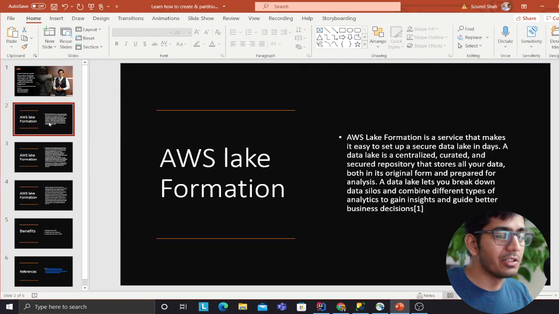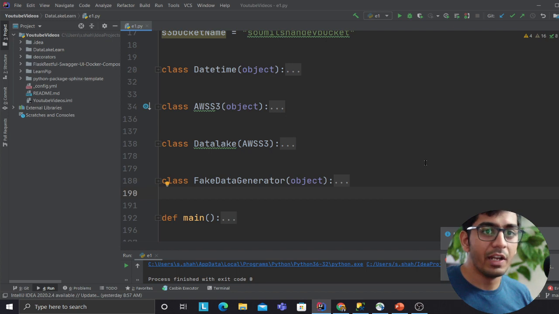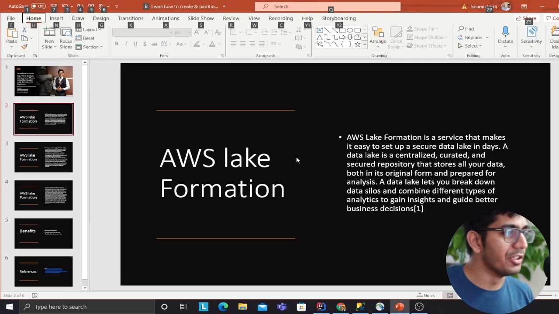In this short presentation, I would love to walk you through AWS Lake Formation and essentially how to create the data lake. But before we do the lab, I do want to cover the theory, and I do have a small, beautiful lab. I have the code ready for you as well. Everything will be in the description, so don't worry. But for now, let's just go with the theory.